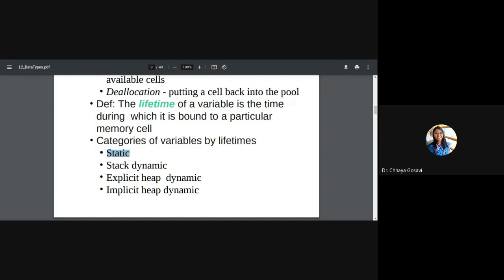When you allocate memory to a static variable, it is bound to that memory location throughout. Stack dynamic is when you call a method or procedure; it is dynamic, basically at runtime, but it uses stack memory. There are 3 types of memory available in your system, meaning RAM is divided into 3 types: static memory, stack memory, and heap memory. Out of these, static is compile time, and stack memory and heap memory are dynamic, or at runtime. Let me show you that diagram. I think, okay, the diagram is not here.